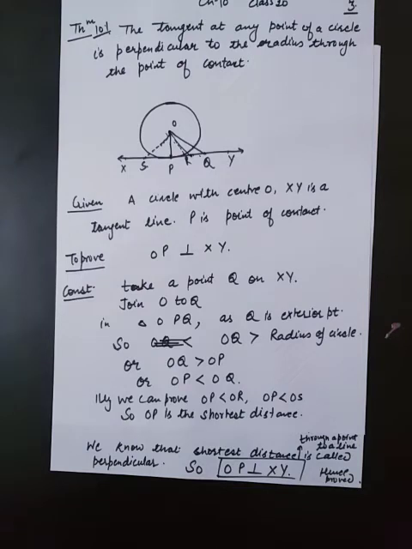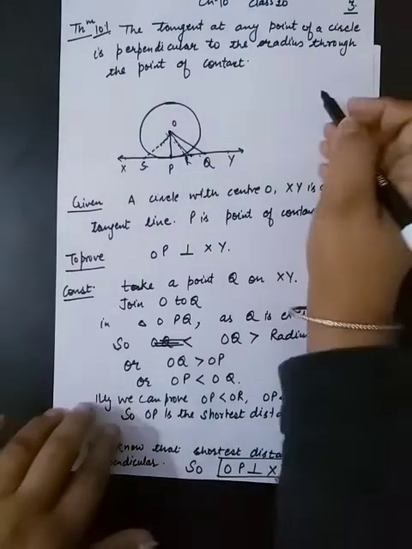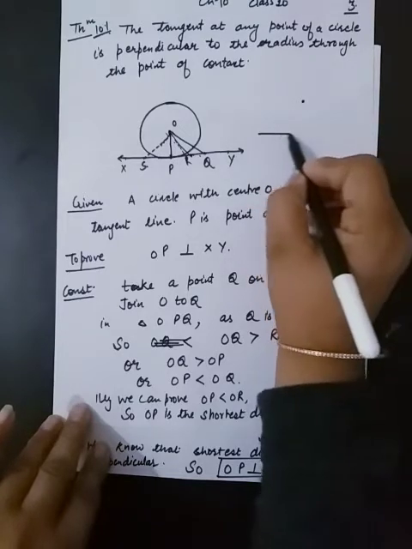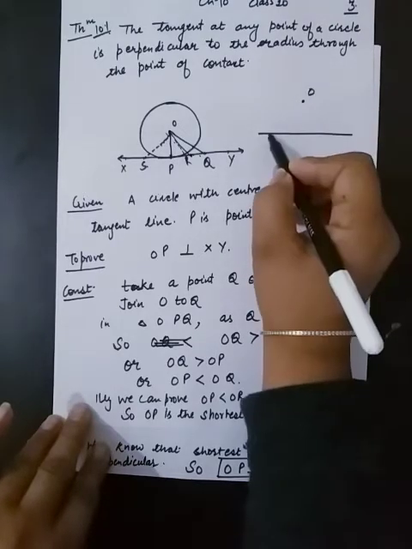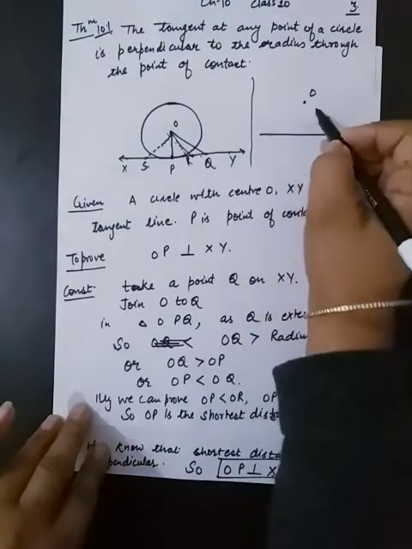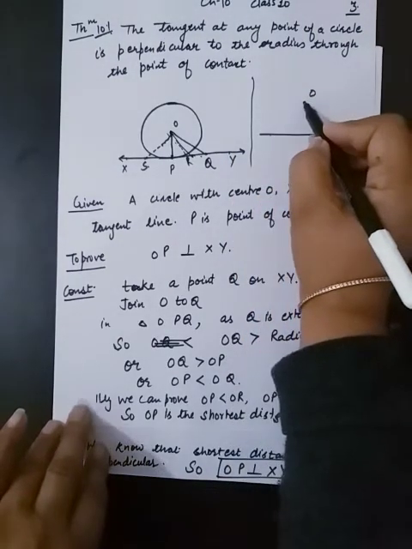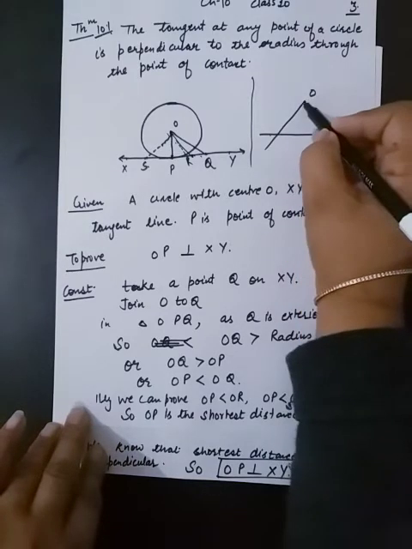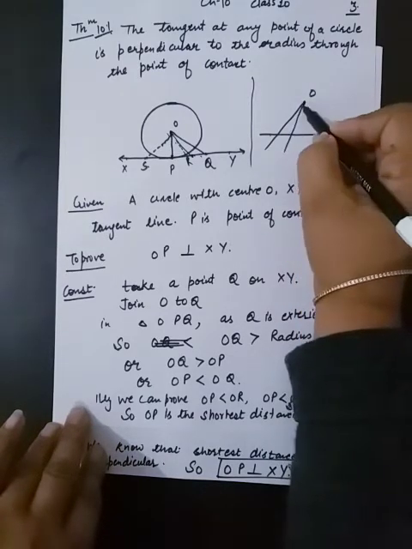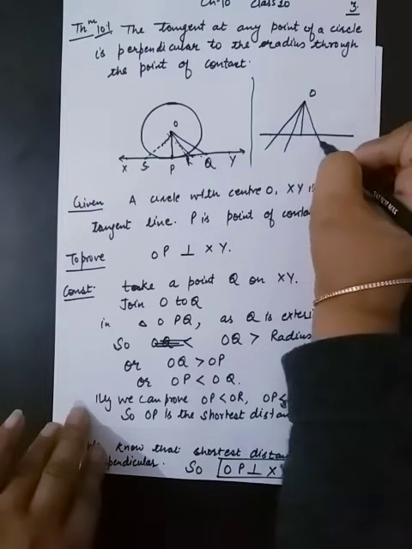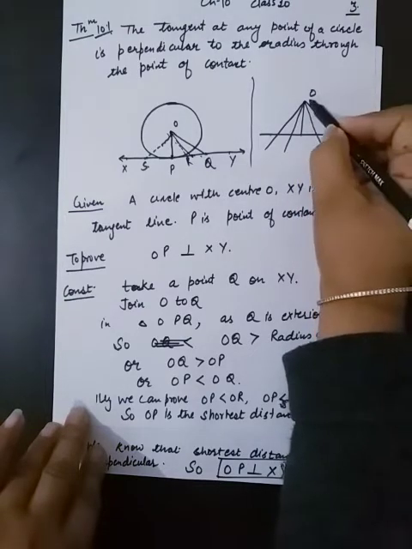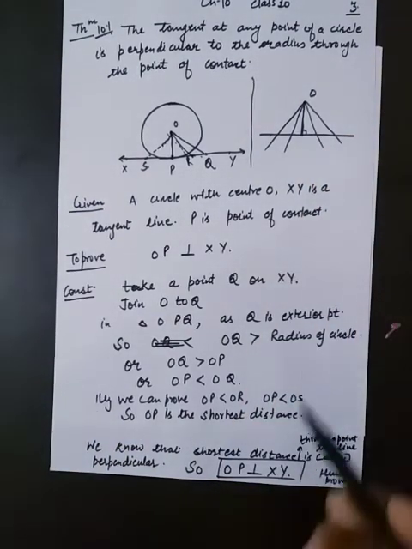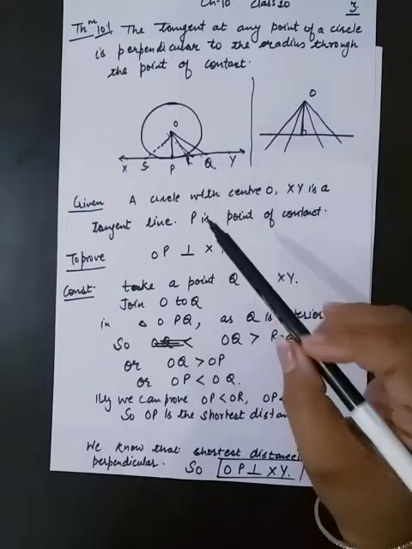Students, remember this postulate was given to us by Euclid. In class 9th, we have studied that if we have a line and a point outside this line, and I draw some lines which pass through the point on the given line, then among all these lines, the perpendicular distance will be the shortest distance. So we are using the same postulate in this theorem to prove it.